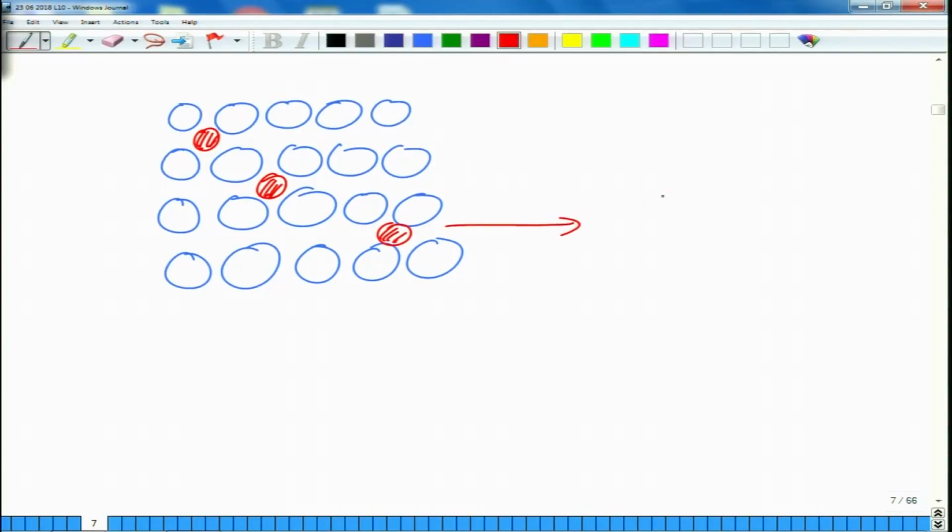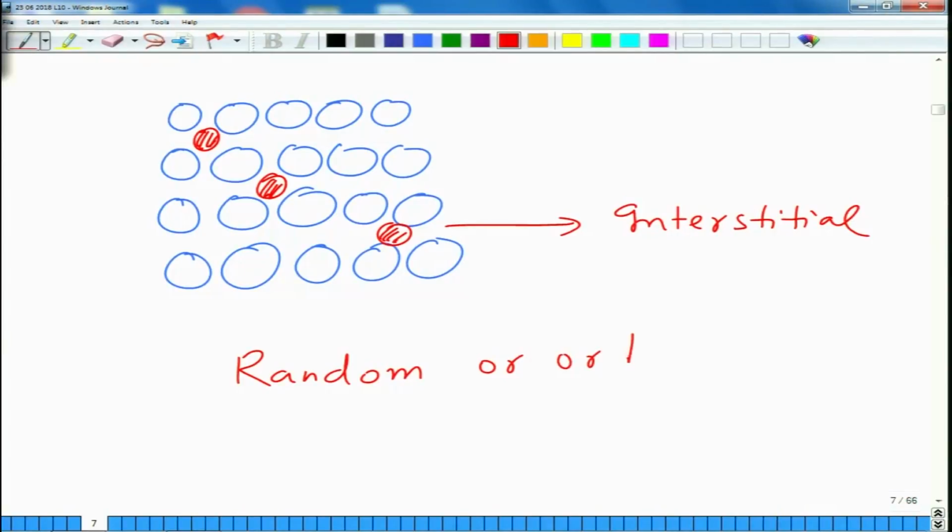So, this is basically interstitial, and this will lead to contraction or dilation of the lattice depending upon the size difference and the size of the void. And these are basically again interstitial solid solution could again be random or ordered depending upon the enthalpy